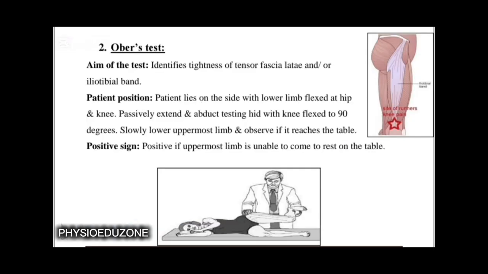2. Ober's test. Aim of the test: identifies tightness of tensor fasciae latae and iliotibial band. Patient position: patient lies on the side with the lower limb flexed at hip and knee. Passively extend and abduct the testing hip with the knee flexed to 90 degrees. Slowly lower the uppermost limb and observe if it reaches the table. Positive sign: positive if the uppermost limb is unable to come to